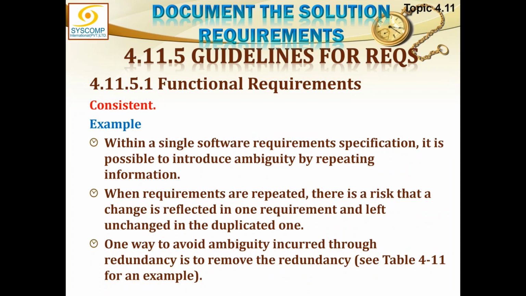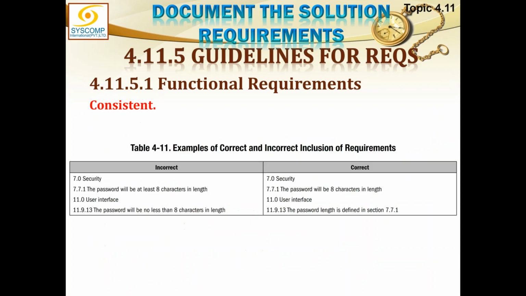Another example: with a single software requirement specification, it is possible to introduce ambiguity by repeating information. When requirements are repeated, there is a risk that a change is reflected in one requirement and left unchanged in the duplicated one. One way to avoid ambiguity incurred through redundancy is to remove the redundancy. For example,